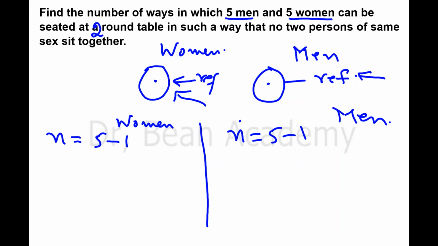But in the given problem which I have solved now, because they share the same table, you need only one reference, and it's up to you which one you take as the reference. It will not affect your answer. The answer should remain the same. But in such problems with separate tables, you subtract 1 in both cases and then calculate the number of permutations, and of course you multiply those two to get the final answer.